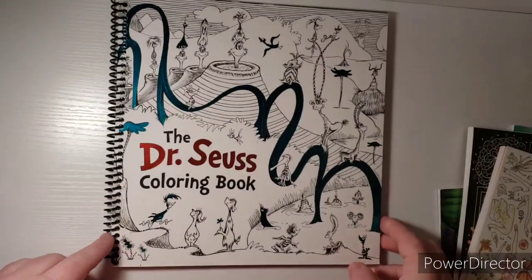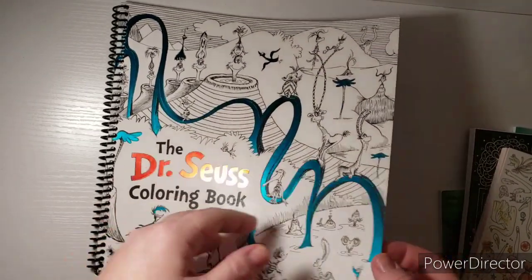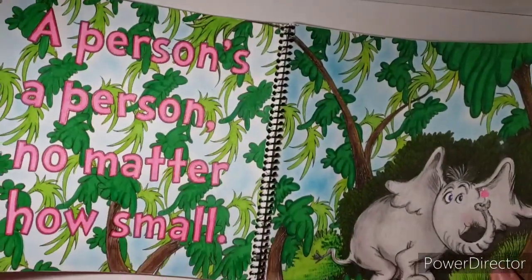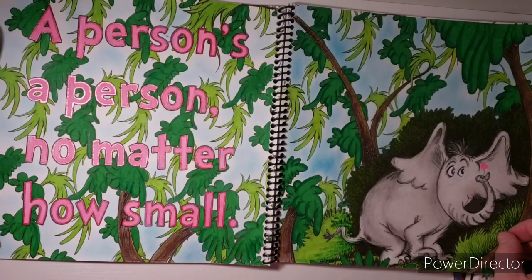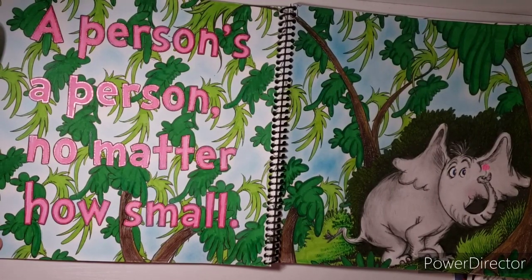The next one I have is the Dr. Seuss Coloring Book, and this was a buddy color with a friend. We did this two-page spread, and I've had mine spiral bound just to make it lay flat. And I used Crayola Super Tips,